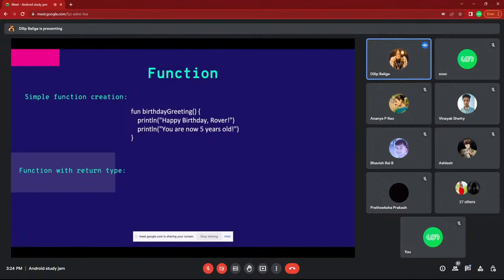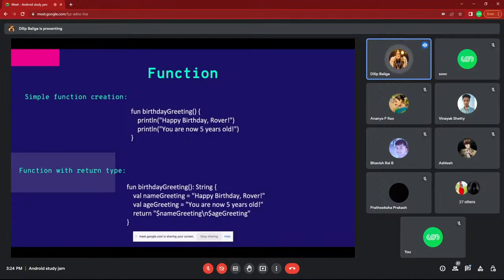Next, function with the return type. Why a function with return type? I am always calling some function and I want some result from that function, which means I am doing some operation. For example, I am concatenating. We'll go for this function only.